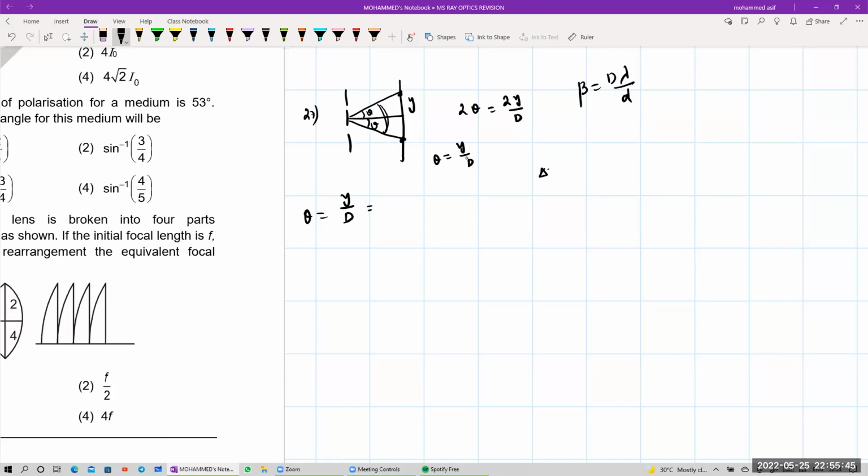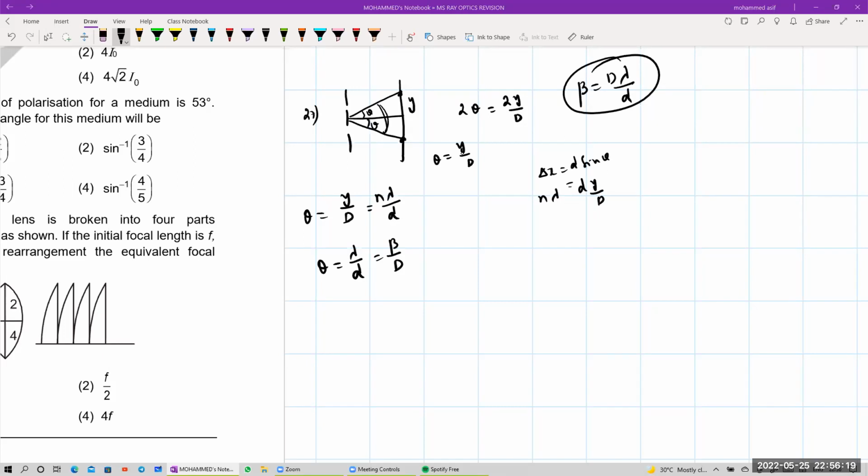कितना होता है बेटा, सो delta x is equal to d into sin theta, मैक्सिमा के लिए n into lambda. d into this is y by capital D, and y by capital D will be equal to n into lambda divided by small d, ठीक है ना। n की वैल्यू अगर 1 ले रहा हूं तो theta is equal to lambda by d, lambda by d is also written as beta divided by capital D, यहां से लिख रहा हूं, ठीक है ना।